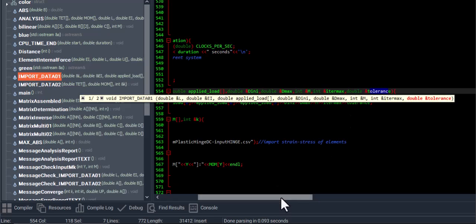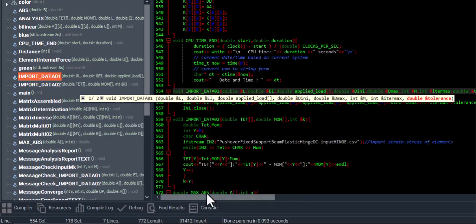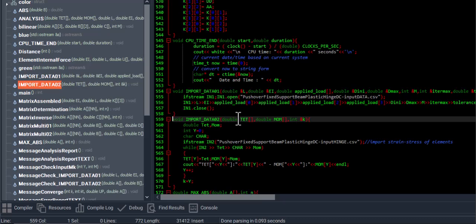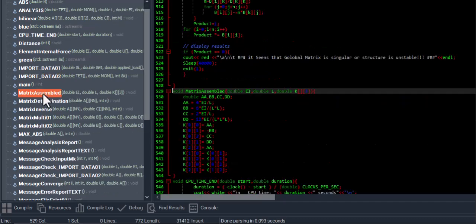So our process for checking the analysis for convergence is the Newton-Raphson method, and then here we're going to import the moment rotation relations for this plastic hinge concept,